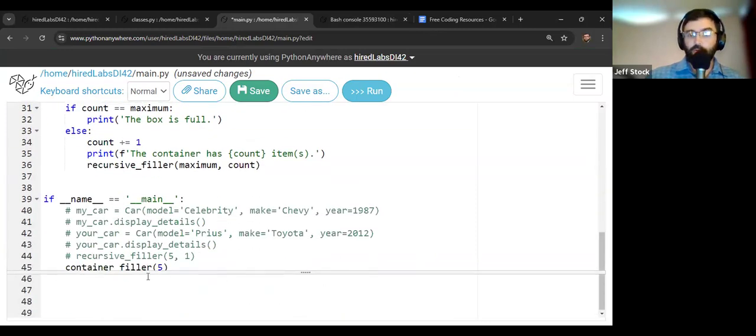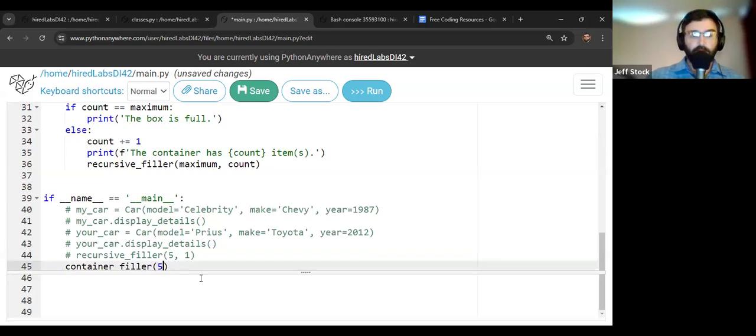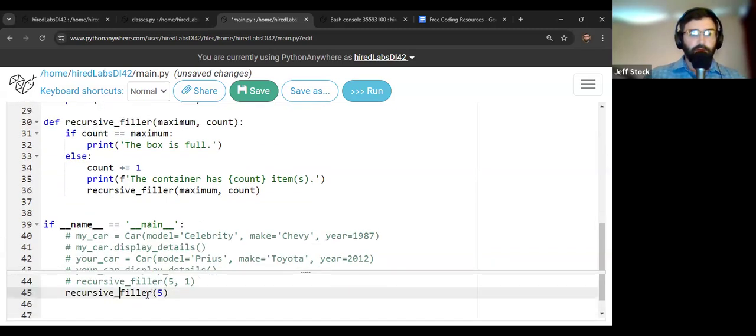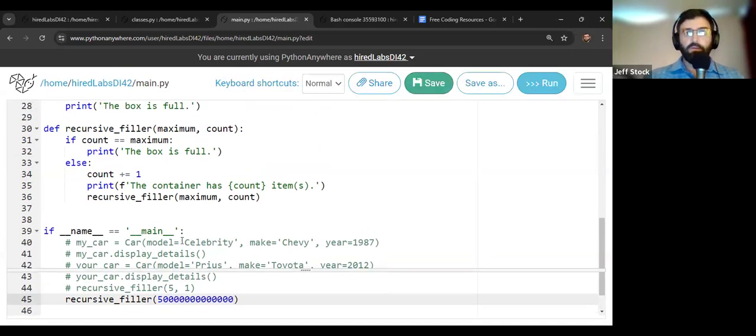So now I'm going to do a similar breaking of our recursive filler by setting the number to some gigantic number and have it go through recursively way too many times. See if I can get it to run directly here this time. If not, I'll go back over and do it in the other place. That's okay. I don't know why my console's not popping up here. It's all right.